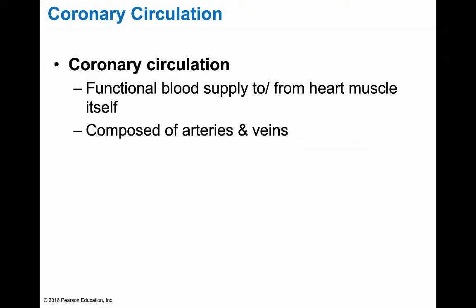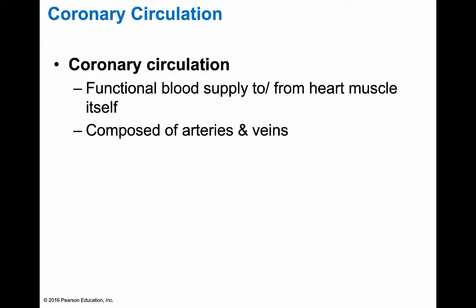So now let's go on to coronary circulation. And this is basically the functional blood supply that goes to and from the heart muscle itself. Remember, it's composed of arteries and veins. And we talked about this in lab. Just because the blood is going through the heart itself doesn't mean that it's actually supplying the blood to the heart. We have a set of separate coronary arteries and coronary veins to take blood to the heart and